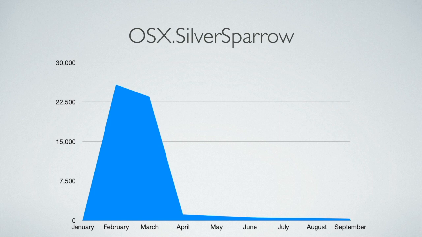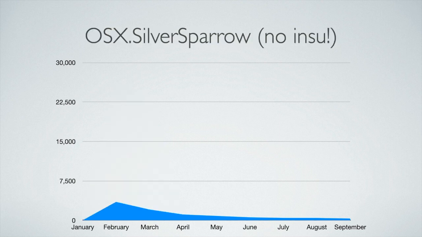Now, what you can't see in this data is what's hidden in that mountain there. How much of that is the .insu file and how much is everything else? So how much did it actually drop? So I filtered the data. I got up this morning and actually did this. I was inspired after talking to Tony yesterday. This is what it looked like without those insu file detections. And so you can see there was definitely a spike back in February, but it was not nearly as high without the .insu files.